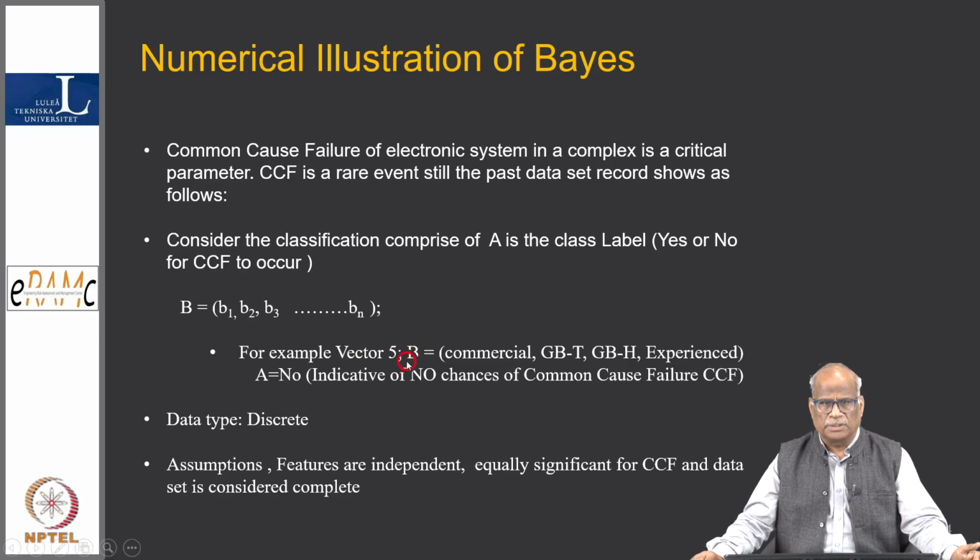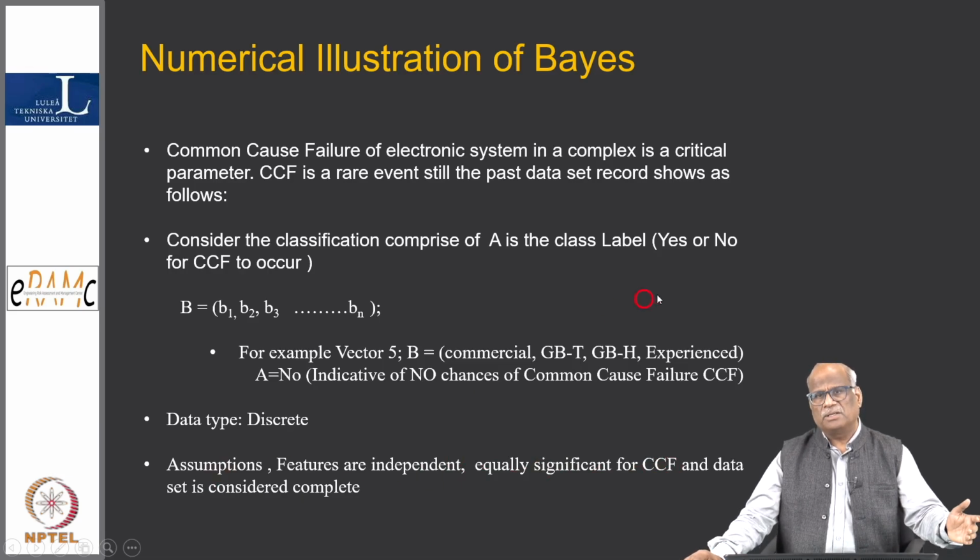I chose the vector 5. So B indicates the 4 parameters: component grade, ground benign T, ground benign H humidity, and experience. And A is the response variable, the last column we saw. So for the data type, the assumptions are that features are independent, equally significant for common cause, and the data sets considered in the